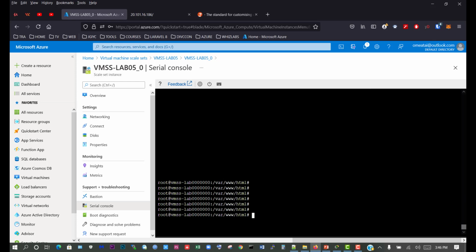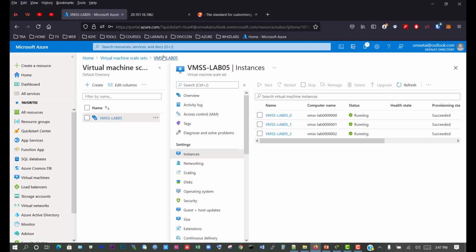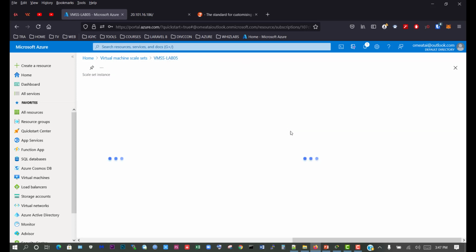So now we've saved that, and let's confirm that. So we'll cat the index.html file, and now we can see that we've included 001. So let's do that for the other two virtual machines. So we'll go back to VMSS, and we'll select the next one,